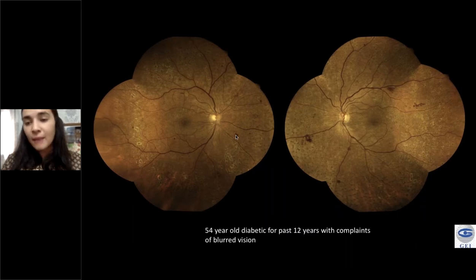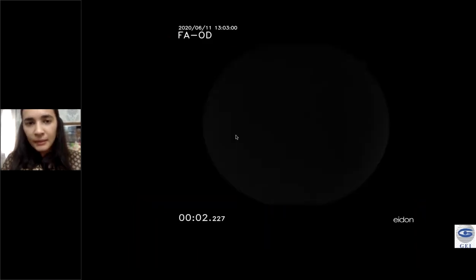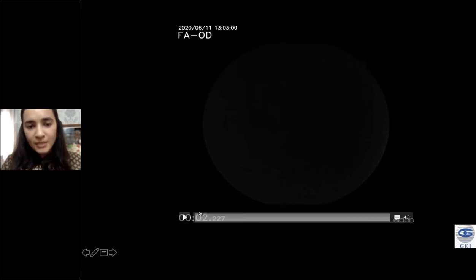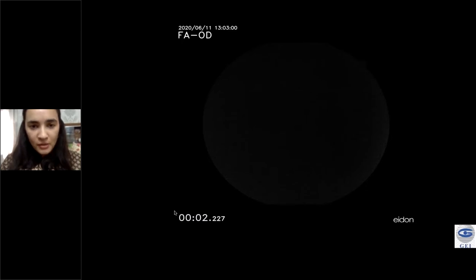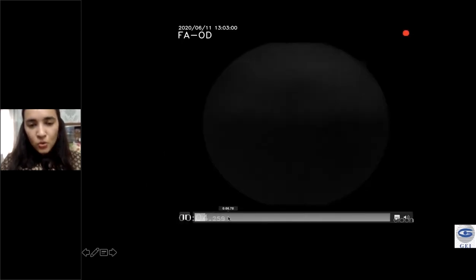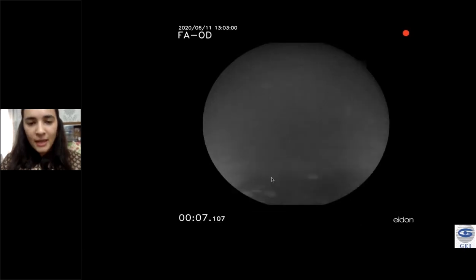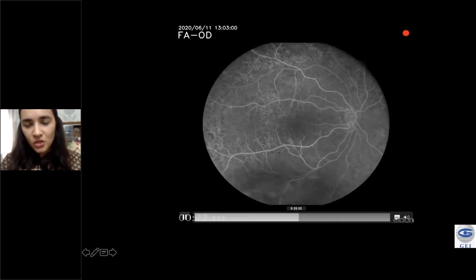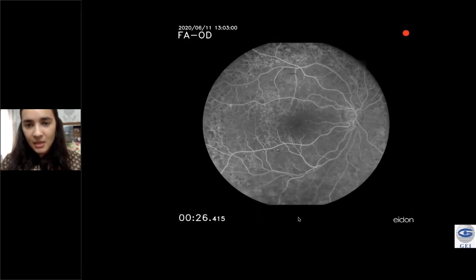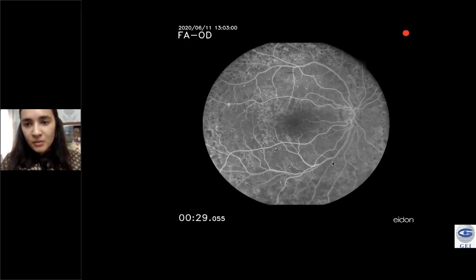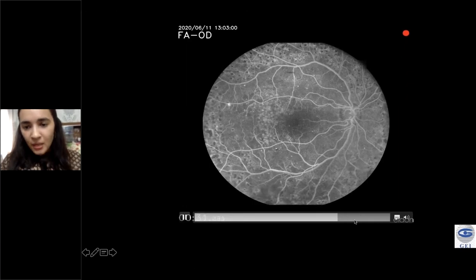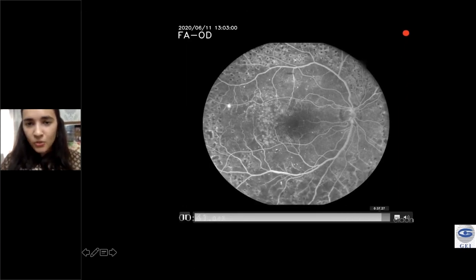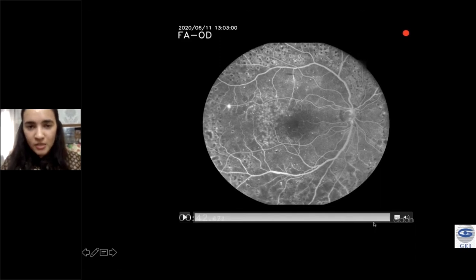So obviously for a diabetic, am I audible? Yeah. For a diabetic, angiography would be the gold standard. This is the high resolution video fundus fluorescein angiography. I'll just try to play the video. It captures a few seconds before you inject the dye, so you may be getting a little bit of a blank image. Then you see the dye entering the vessels. All these microaneurysms are highlighted, and you can see all these laser marks, which are seen as dark hypofluorescent spots in the periphery. If you're very careful, you can see this highlighted NVE in the temporal part of the macula.